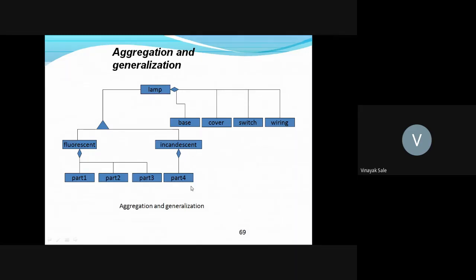Incandescent has part 4. This shows a combination of aggregation and generalization. Aggregation is a part-of or has-a relation shown by the small diamond, whereas generalization is a kind-of or is-a relationship.